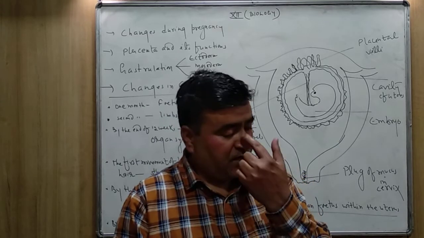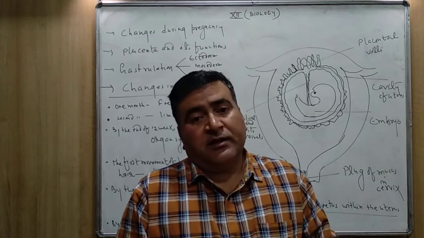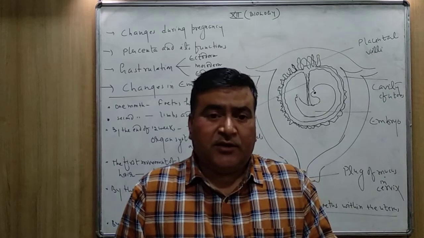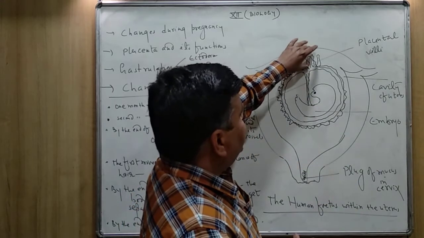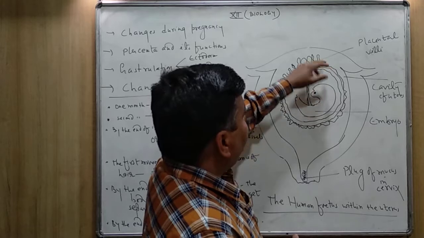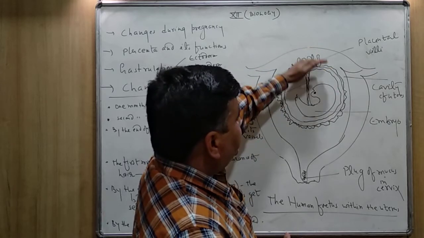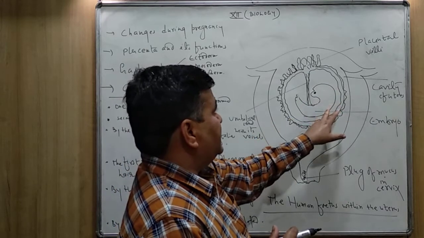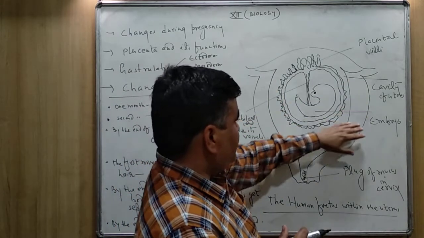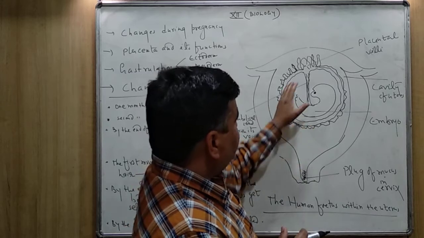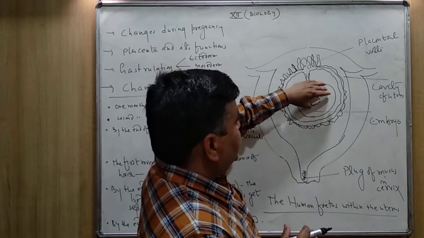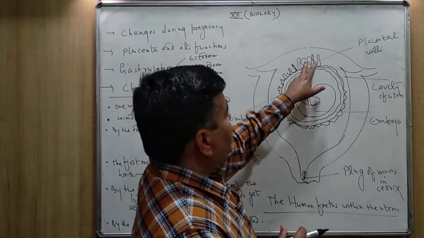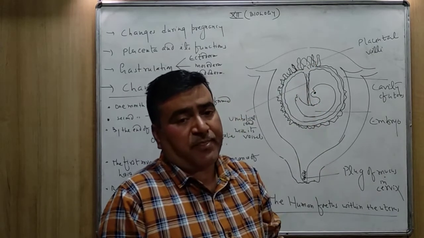The first one, placenta supplies all the nutrients to the fetus. You can see here, this is the placenta, this is the placental villi. The placenta gives nutrients to the fetus. This one is the fetus. This whole structure is the uterus. You can see here, in the uterus there is the fetus, and fetus is getting food and other materials from the placenta.